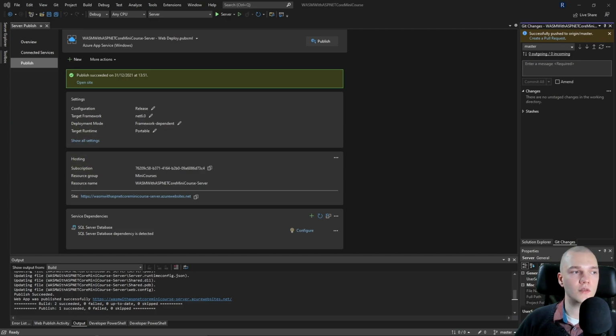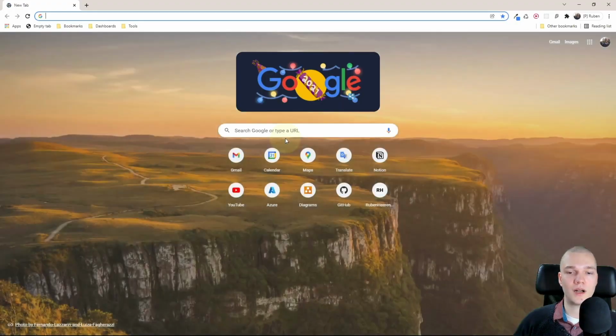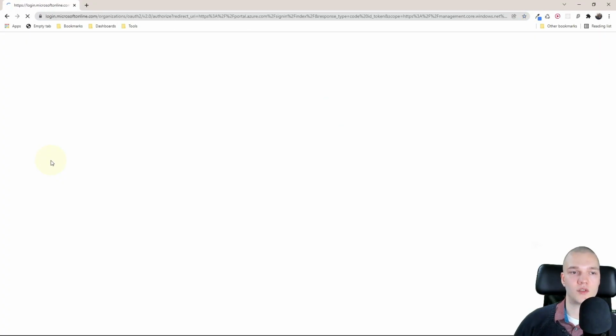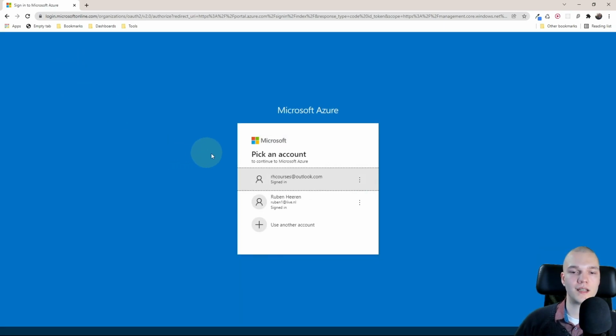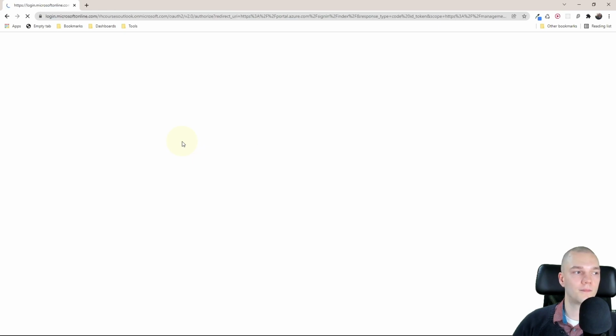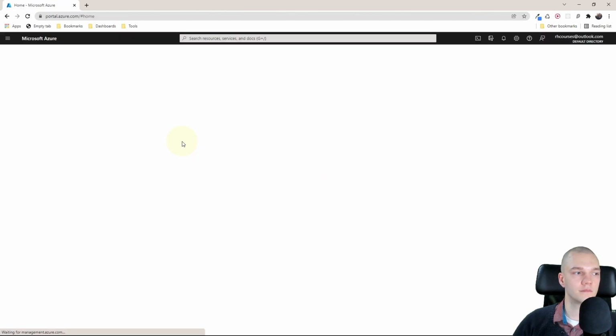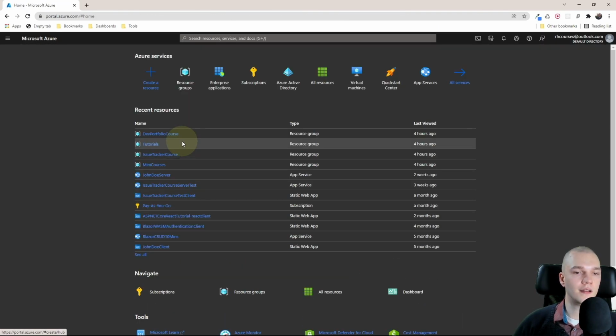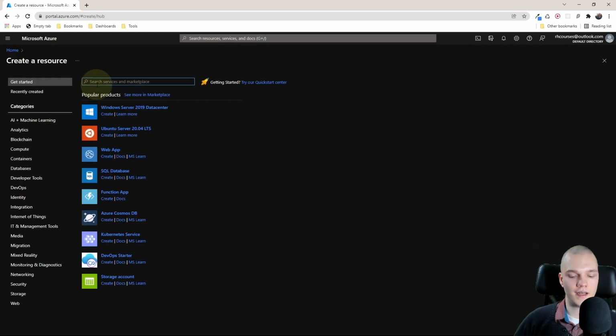Then we need to create the Azure Static Web App resource, and we'll do that in the Azure portal. So I'll open a browser and go to the Azure portal, so portal.azure.com, and I'll just sign in. And then I'll hit create a resource and type in static web app.